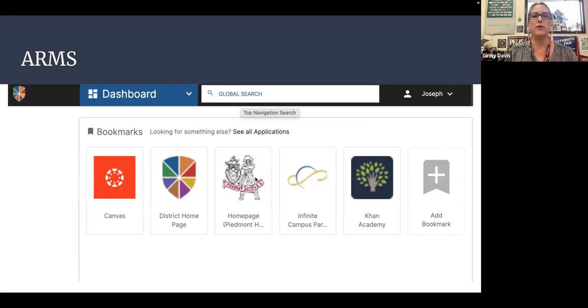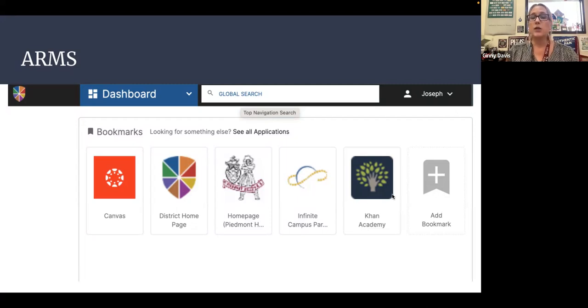You will see links. I think I mentioned last week, when you Google Piedmont Hills, there might be multiple email addresses that show up because there's a separate email address that the district runs, but that's not the one we update. I know it's very confusing. On ARMS, where it says the homepage for Piedmont Hills, this goes to our website that we actually use. So that right there is a quick way to get to our website. You can also get to the district office website, so if you wanted to see something from the district office, that's how you can get that.